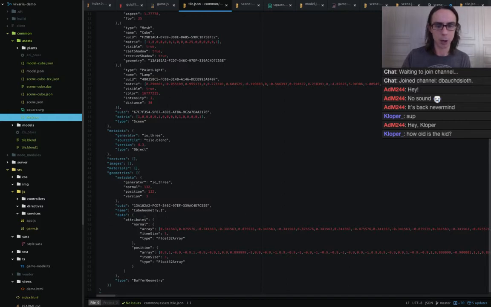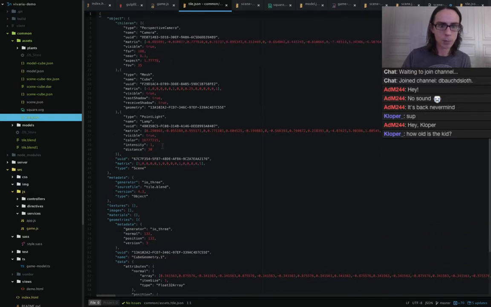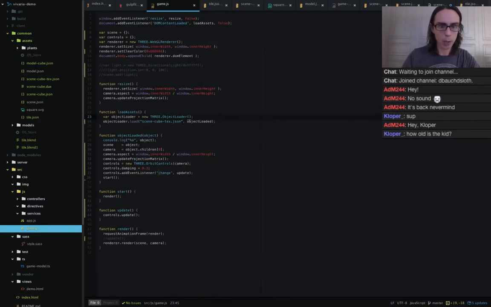Okay, here's our cube with our bevel. Very nice, and it's a buffer geometry. Does it even have a material? It doesn't even put a material on it, does it? No. Perfect. So the only real change I would like to make here to the code, real quickly, is when we get the camera,